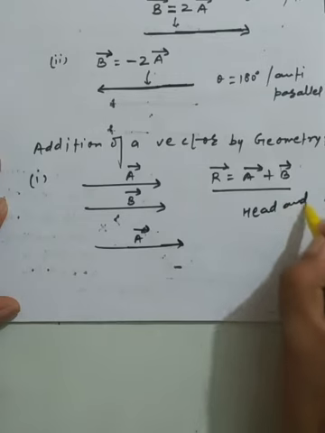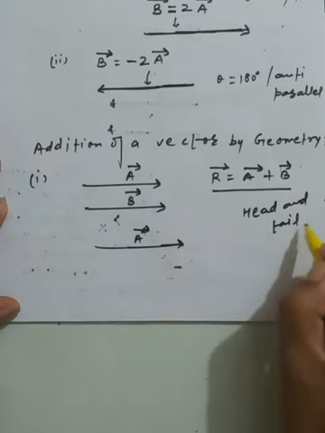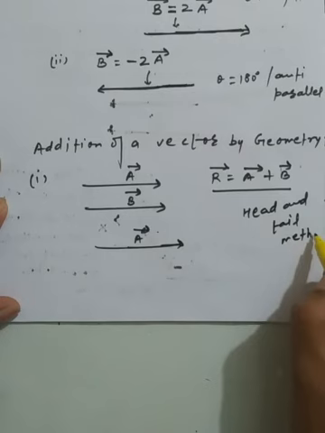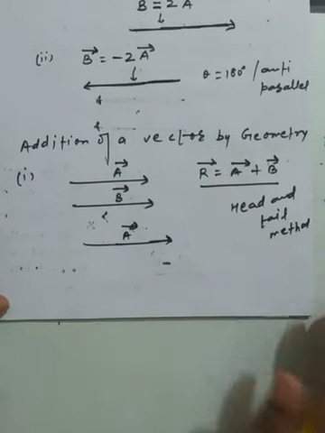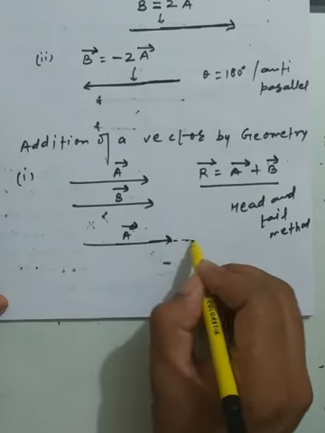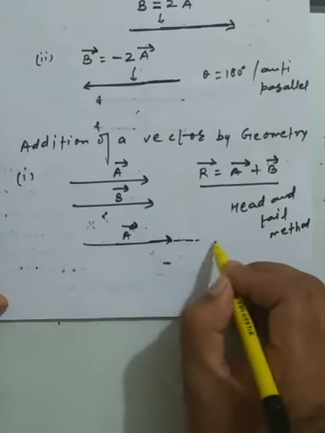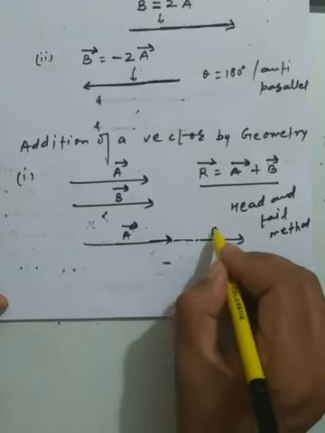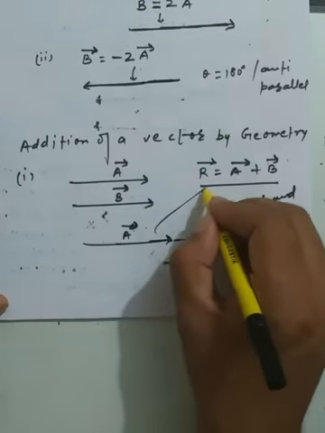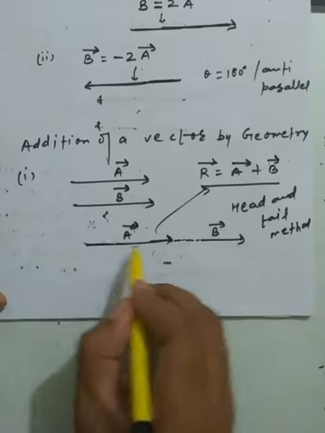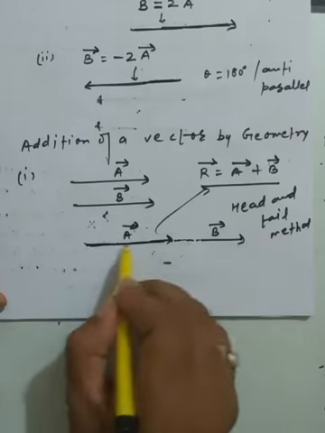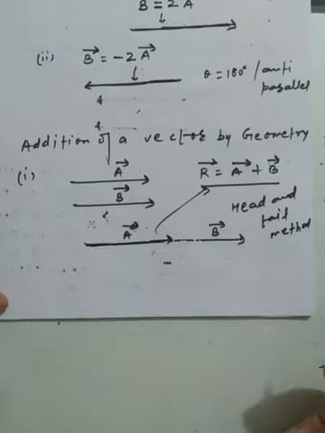Head and tail method to joining the two vectors. Okay, head and tail method. So I am just joining another vector, that is the part of the vector b, and I am just putting the vector b, and here I am getting the meaning of that vector r is equal to vector a plus b. So this is simply the geometrical interpretation, as the two vectors are acting along the same